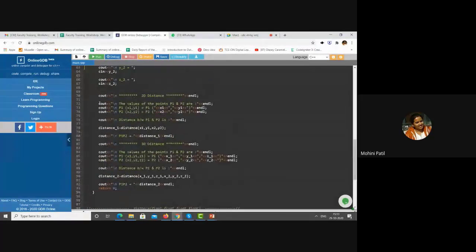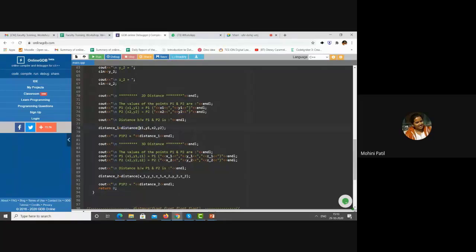Now coming down for calculation of the distance, here we will be calling the first function. So first I am displaying the values of the points. So P1 point in two-dimensional space, the value is displayed. Similarly, the value for P2, that is the second point, is displayed. And to calculate the distance, I am calling the function distance. The function name is the same, so I am calling the same